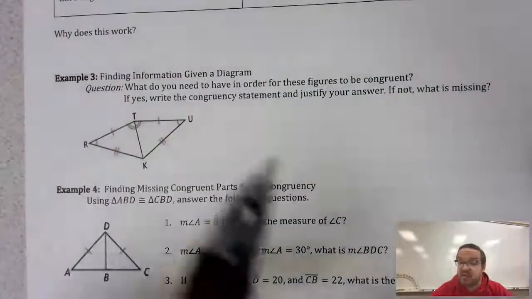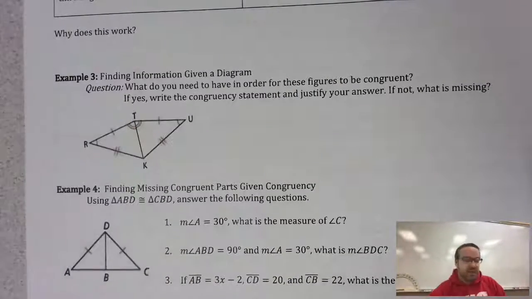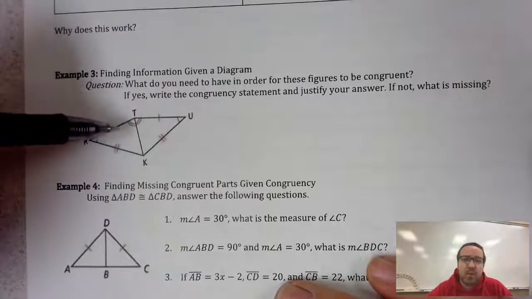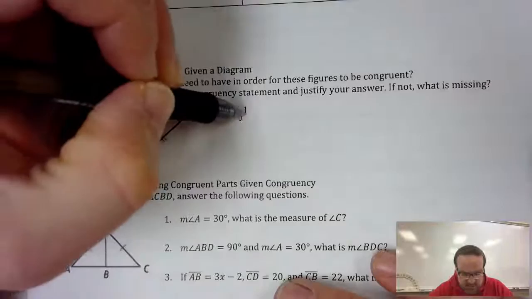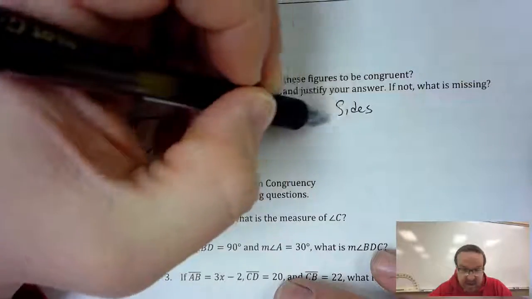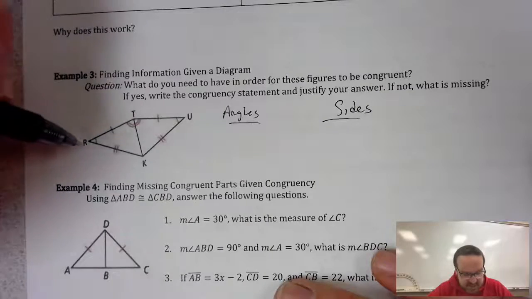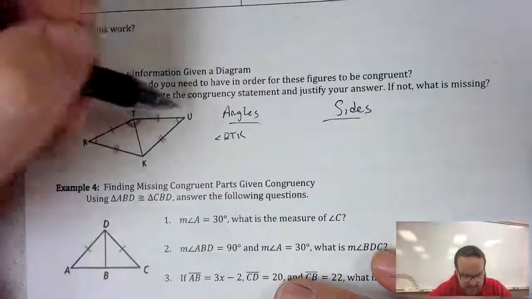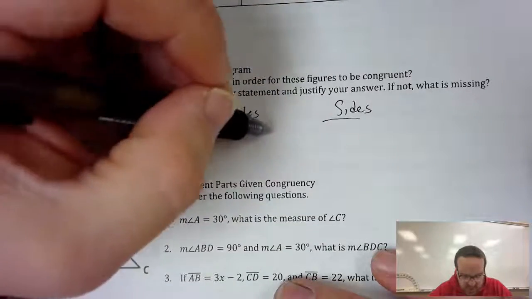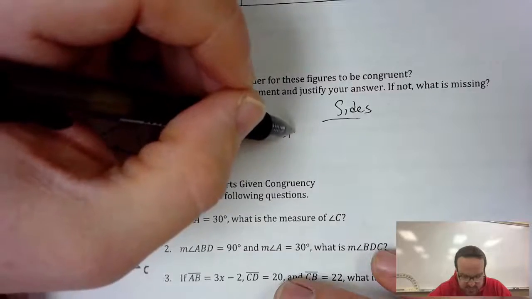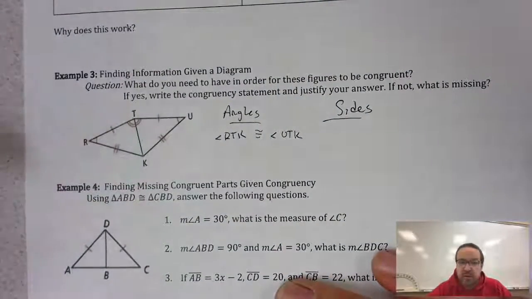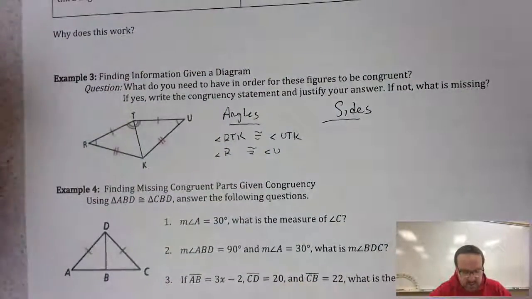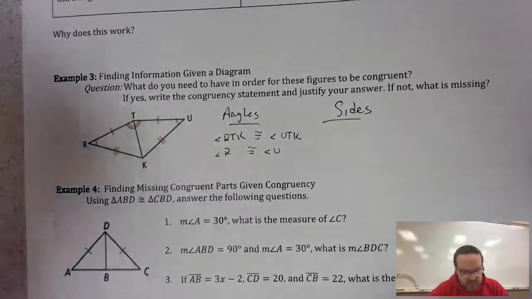But again, what else do we have? So let's think about what we already do have. We already have some angles, and we already have some sides. With that being said, it looks like angle RTK and angle UTK are ones that we already have that are already congruent. Looks like angle R is congruent to angle U. That's another one, right? But here's something that we need. We don't have a third angle. So the angle that we need, I'm going to start 1, missing 2, so that's going to be angle